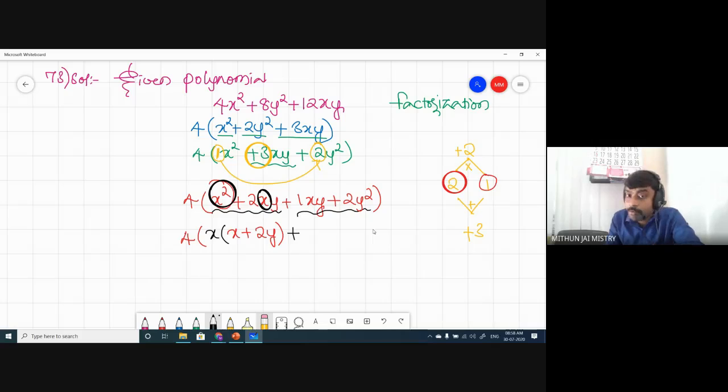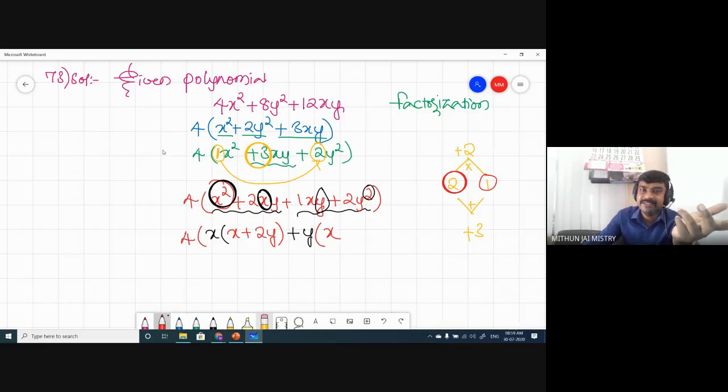Now, what is common? Y is common here. So if I take y common, what will I get? Here this circled y has gone. So we are left with only 1x. But 1 is not compulsory to write, right? Because 1 into x is x only. Here nothing is there, means I have taken 1. Yeah, x. Then plus is there. So let me write here plus